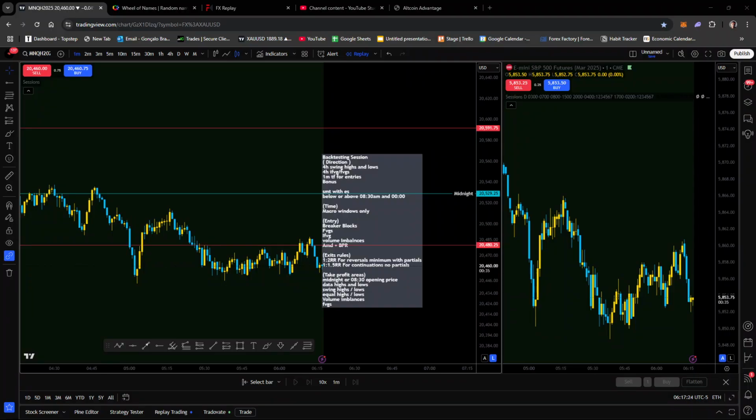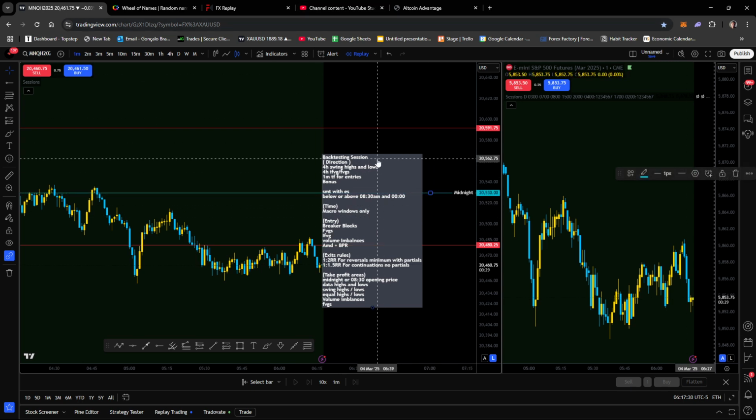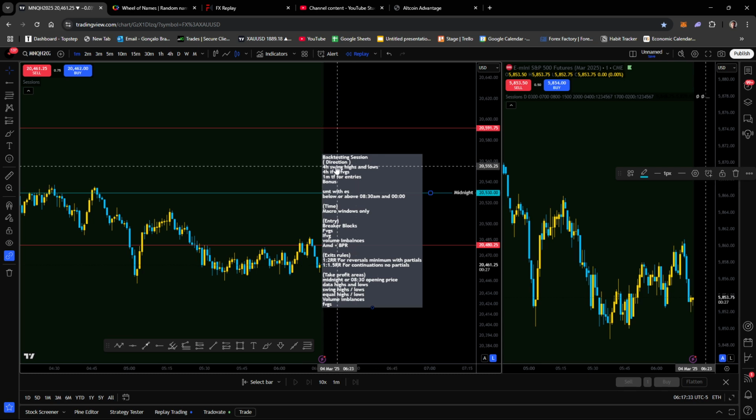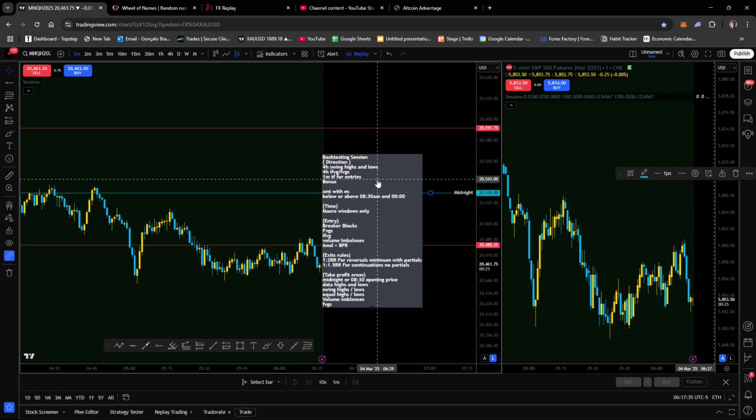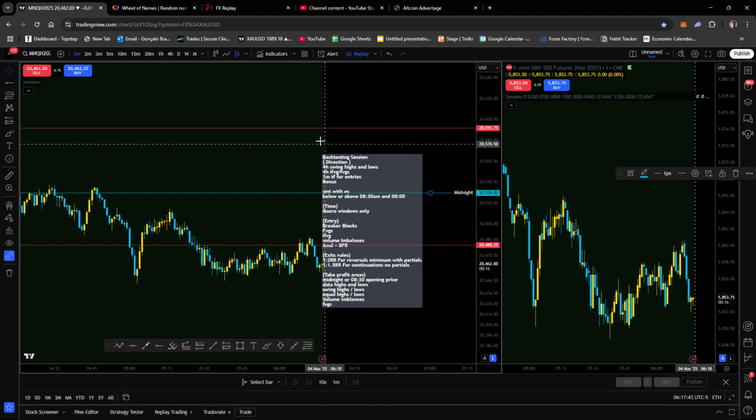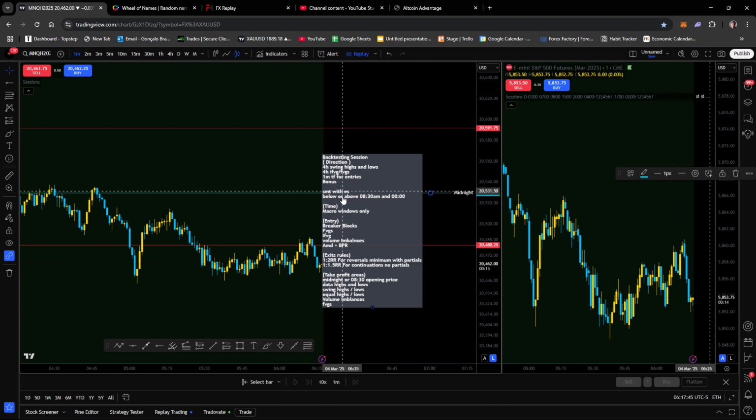Okay, everybody, today we have another backtesting session. We're going to be utilizing this A+ checklist you see on the screen right now. For the directional bias, we're going to use the 4-hour swing highs and lows. If we sweep the high, we're going to look to sell. If we sweep the low, we're going to look to buy. This is stage 1. Stage 2 of my direction is going to be seeing where the closest bullish and bearish